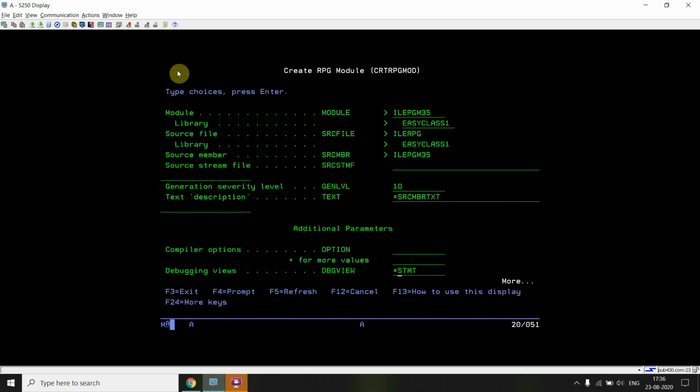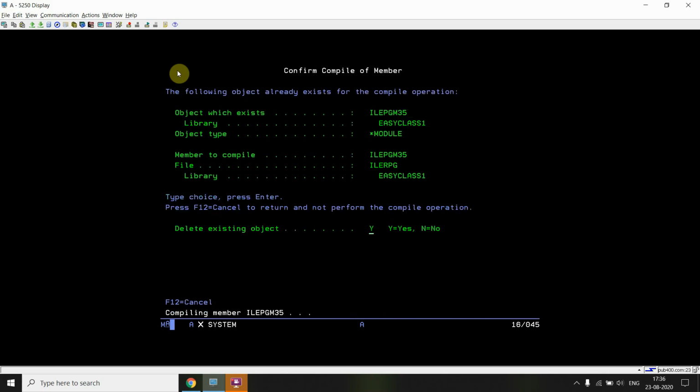So we'll be creating the module. This module is getting created and it's taking time since the system is very slow right now.